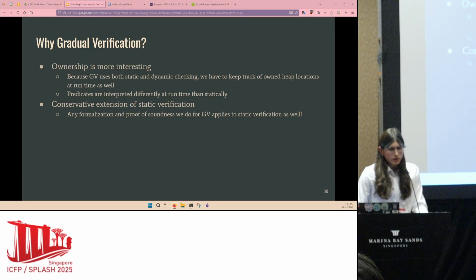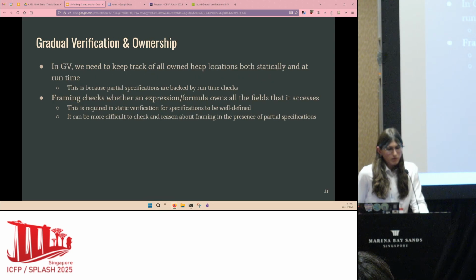And since gradual verification is a conservative extension of static verification, if we formalize and do a proof of soundness for gradual verification, it'll also apply to static verification, which is super helpful. And like I said, this makes ownership a little more interesting to think about. And so specifically on that,